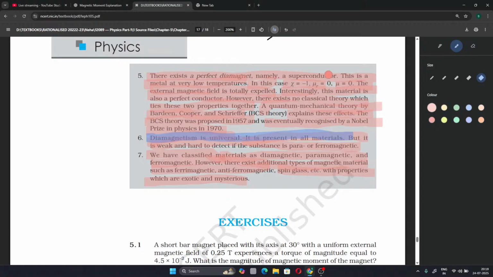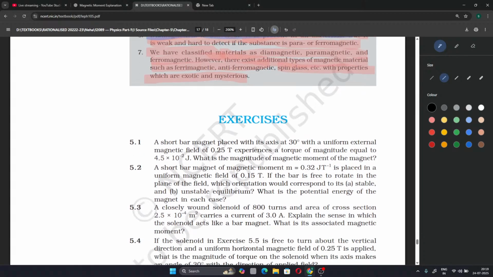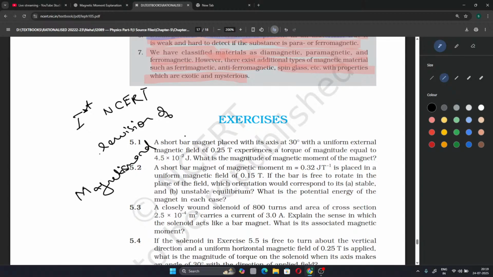Wow. So with that, I have completed the first NCERT revision of the chapter Magnetism and Matter. See you in